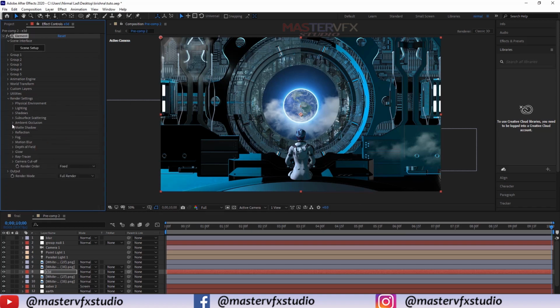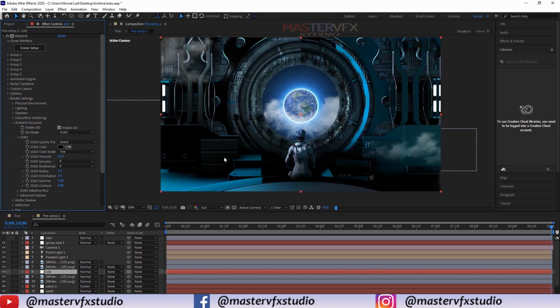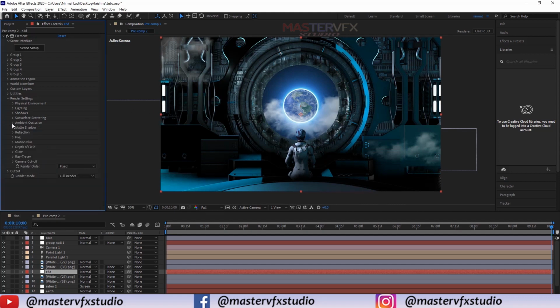Now in ambient occlusion, check ambient occlusion and boost its intensity to 22.5%. Close this, and now enable this layer. So now it looks more intense.